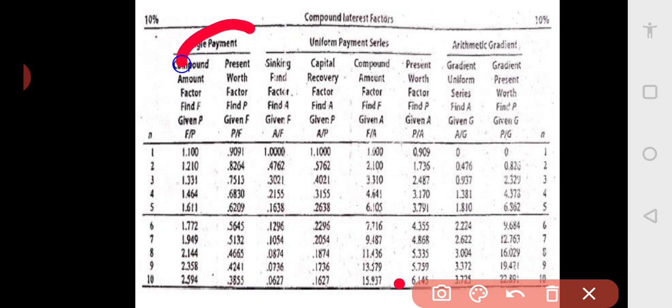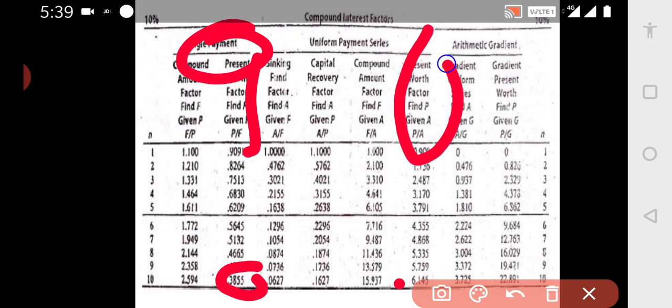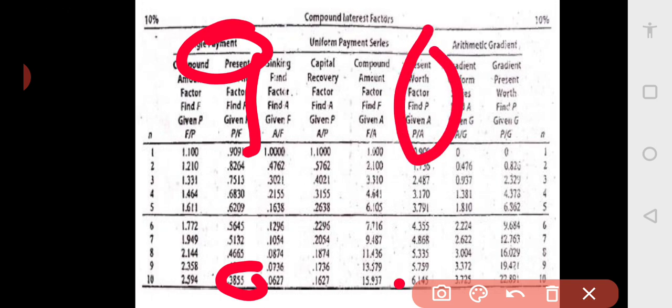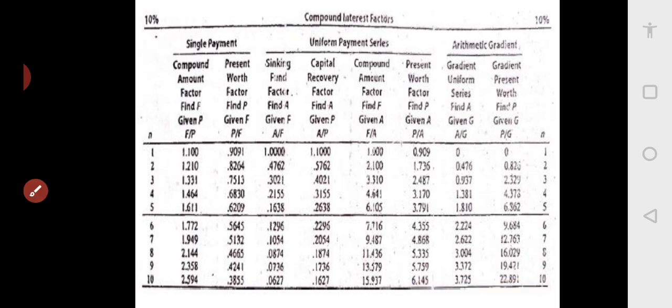So we have only considered two things. One is the single payment we have considered, and that too we have considered present worth, that is 0.3855, present worth factor for this. And next for uniform series what I considered, present worth factor, given because A is given, A means annual amount is given. So we have used this chart, and this chart is different for different percentage of interest, different charts are available. Now we will again come back to the calculation.